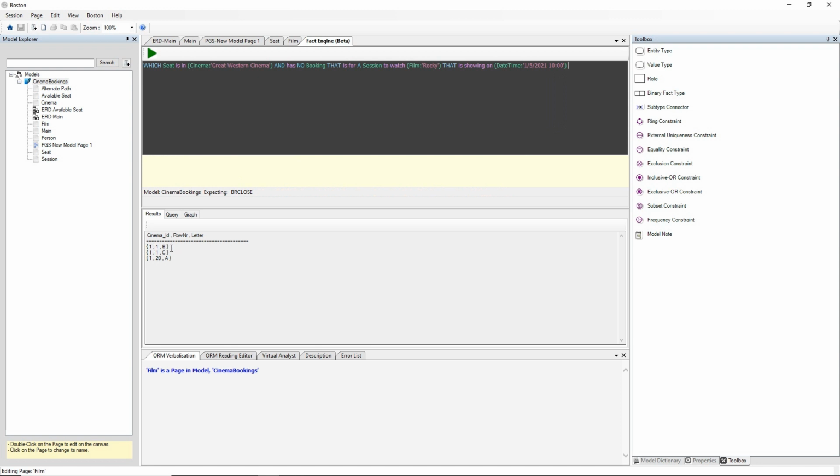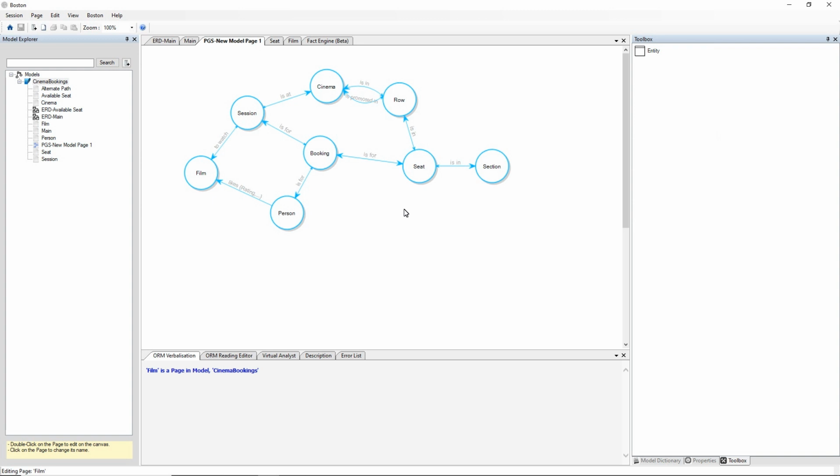So seat 1B, seat 1C, and seat 20A in the Great Western Cinema. So it's as easy as that to write a natural language query against your database. It's naturally a graph query because it's using ultimately the graph relations inside our schema to